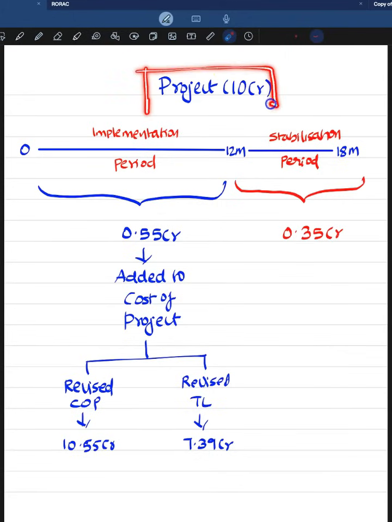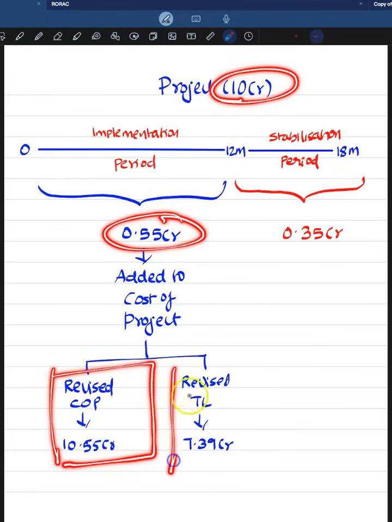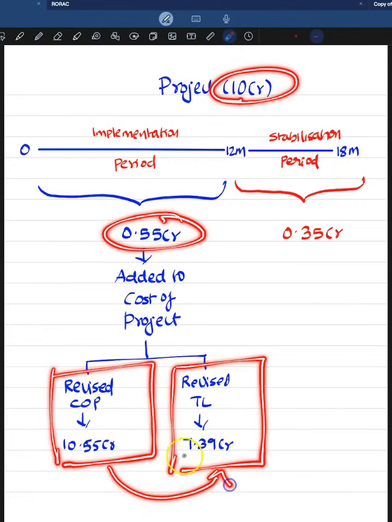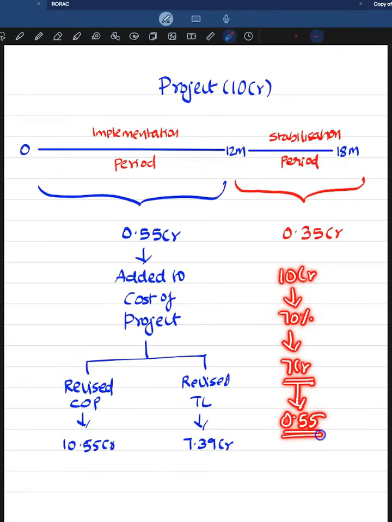I gave you this information, project cost is 10 crore. Now the revised project cost will be 10 crore plus 0.55 crore. So the revised project cost is going to be 10.55 crore and the revised term loan will be, let's say, 70% of this 10.55 crore. So it will be 7.39 crore. So what is happening here? We started with the understanding that for a 10 crore project, the loan is 70%, that is 7 crore. But this 7 crore will cost another 55 lakhs for this entity as interest during the implementation period,